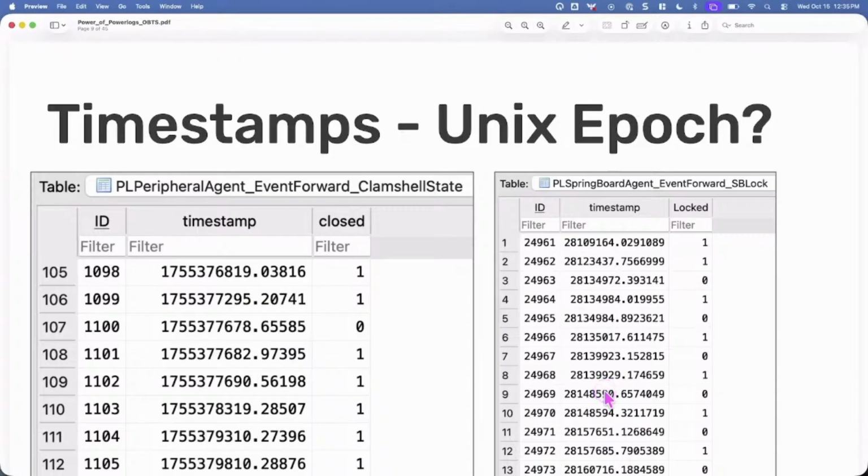Now, unfortunately, Powerlogs are basically calculated with a drift. So the drift is stored in a whole other table. As a forensic analyst, as maybe a newbie analyst, I might just look at this timestamp and say, cool, this thing happened at this specific time. As a seasoned analyst, you run into that and you're like, oh no, something is bizarre here.